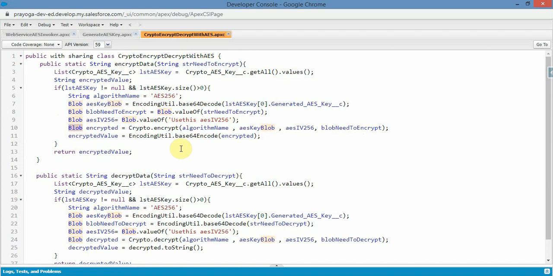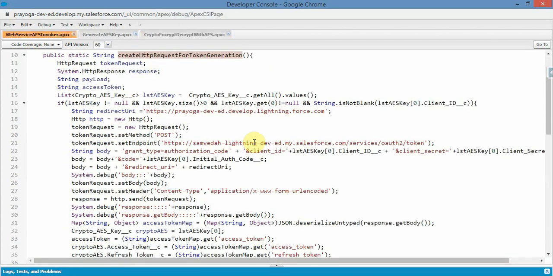Once I get it in blob format, I need to change it to string format, because as a string I need to send it back to the org which requested the data. That's why I again use base64Encode to change this blob data into a string. So I send the data to this particular org. Now once I receive the data, what will I do? If I go here,